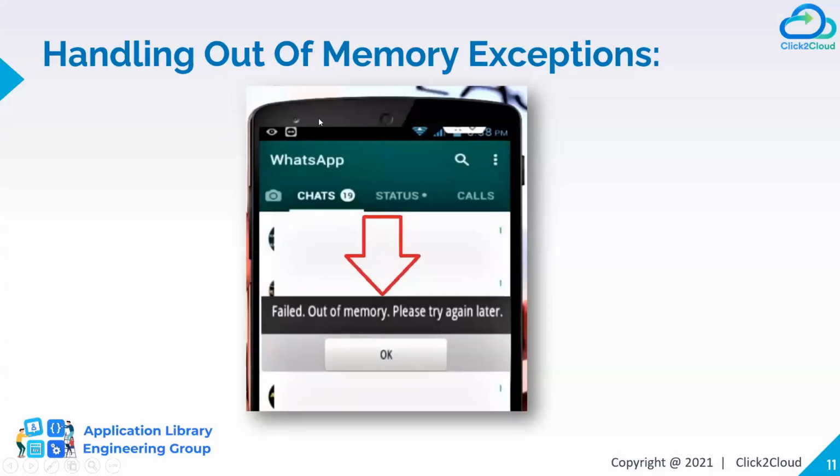And if we talk about the third challenge, so handling out of memory exception. Whenever we have to work with big size bitmap files, or if we try to simultaneously load 100 to 200 images at a time, then there are chances of an out of memory exception being thrown. So handling out of memory exception is also quite a challenging task for us. So in order to solve all the challenges and concerns which were told now, there is a need of some solution, and for that open source libraries are the best solution, because open source libraries have already taken care of the above mentioned challenges.